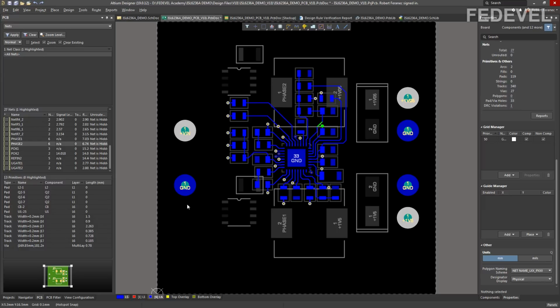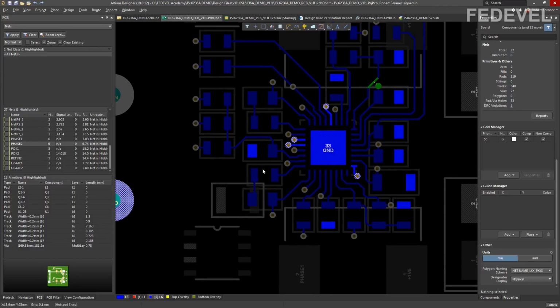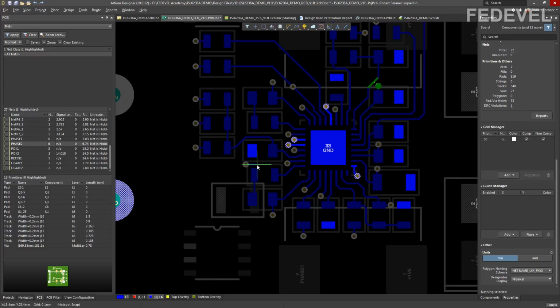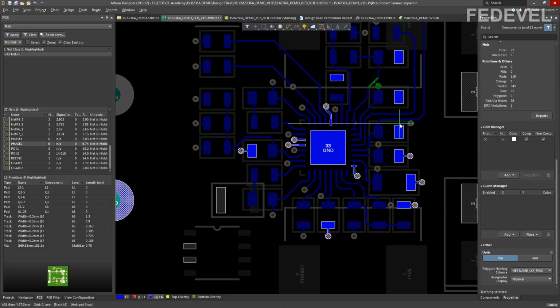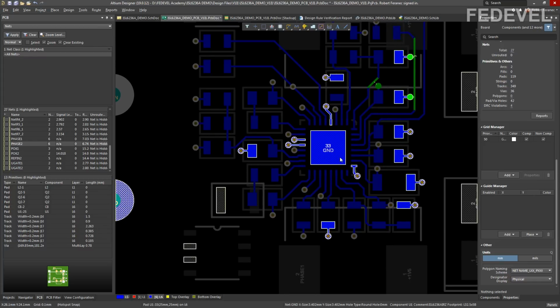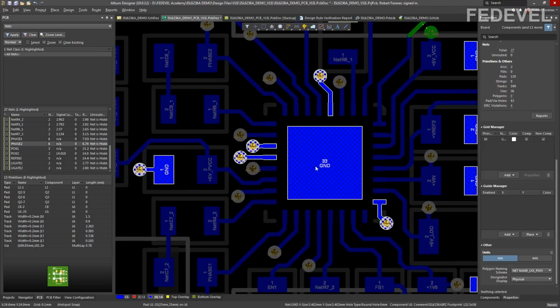The next path, press Ctrl, hold it down, left click here, and place fan out on all these ground paths. Ctrl V. And we also need to place a via here.